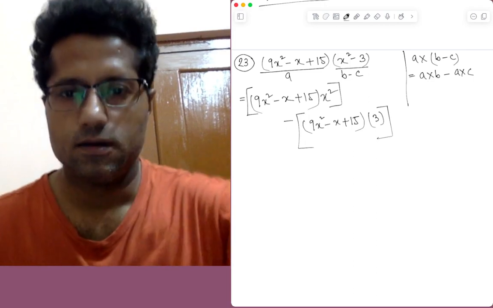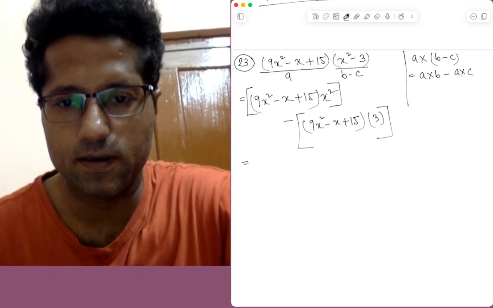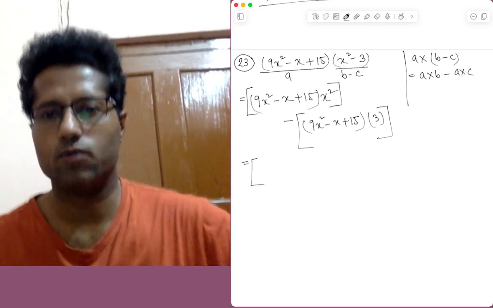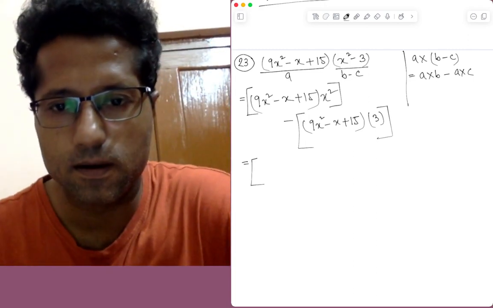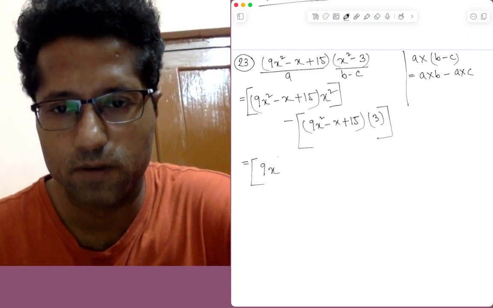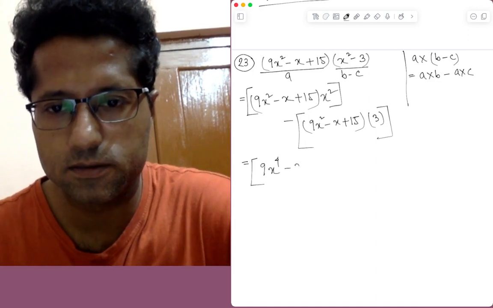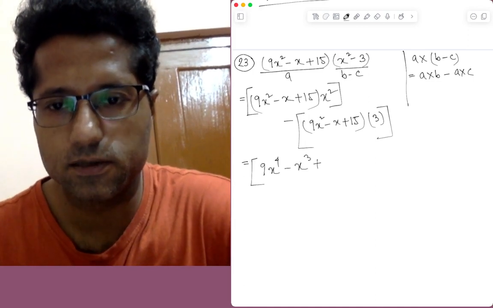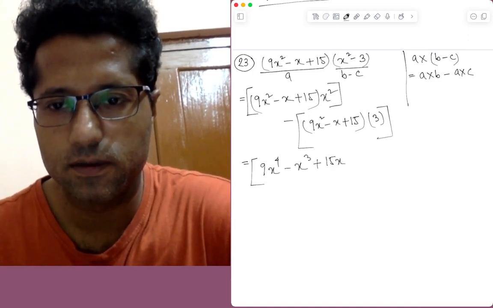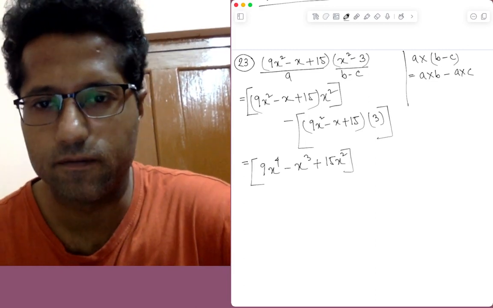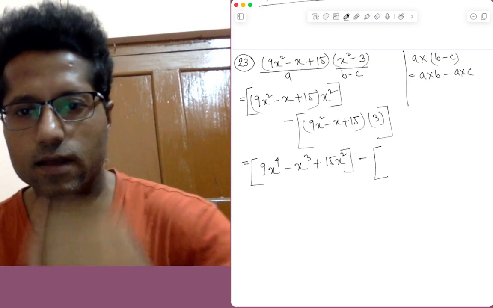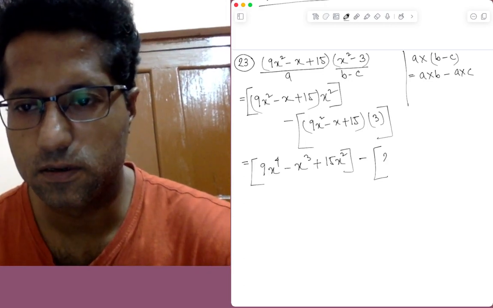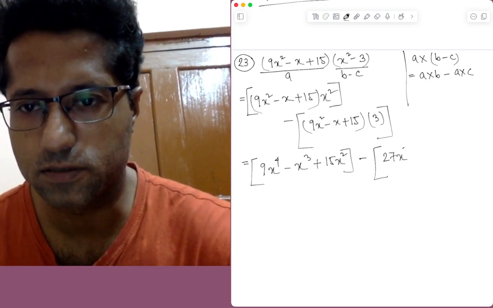Okay, so now if we do the product of x square and the trinomial, it becomes 9 x to the power 4 minus x cube plus 15 x square. We have minus, and then if we do the product of 3 and the trinomial, it becomes 27 x square